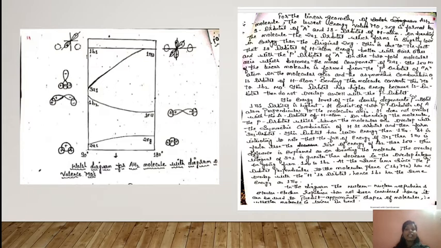It consists of two p orbitals of the A atom perpendicular to the molecular axis. It does not overlap with the 1s orbital of the hydrogen atom. Overlapping is impossible between these p orbitals and the 1s orbital because they are perpendicular to each other. So it does not overlap.